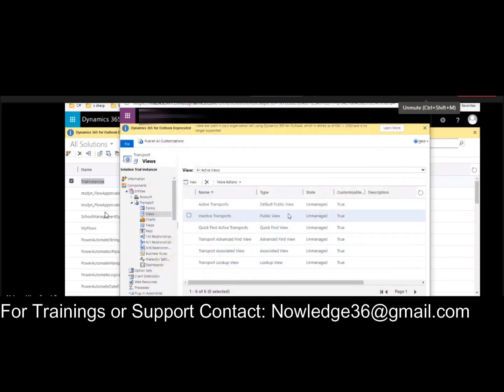Whenever you modify anything, whenever you add a new field or delete a field, just give publish all customizations.